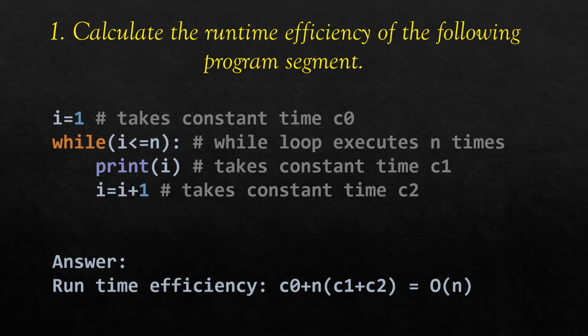While calculating the efficiency of a program, the main important thing is the loop, how many times the loop gets executed. Other things mostly take constant time, so we can just overlook those. The only thing we have to take care of is to find out the number of times the loop gets executed. Here the loop gets executed n number of times, so it is order of n.